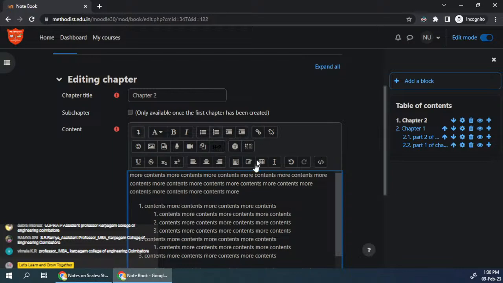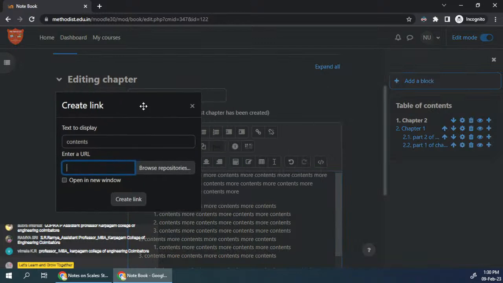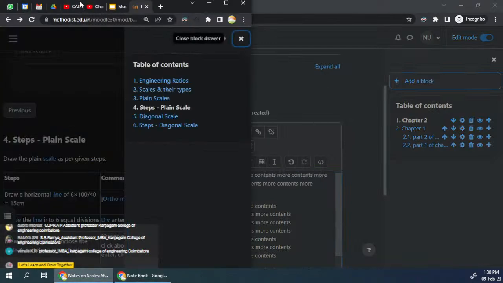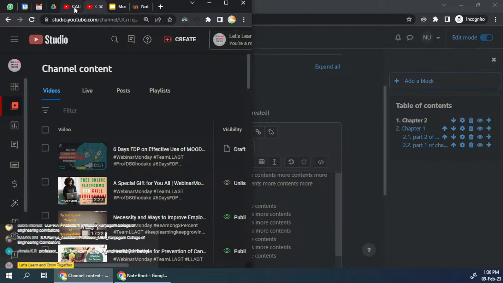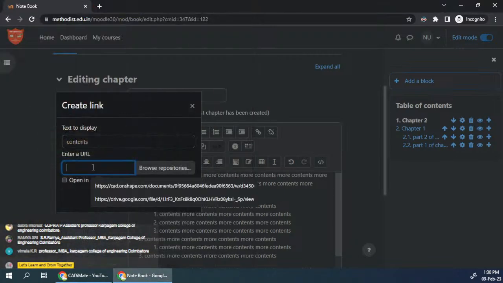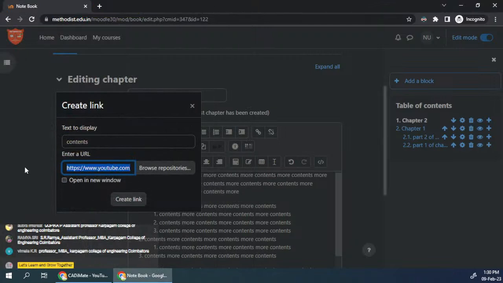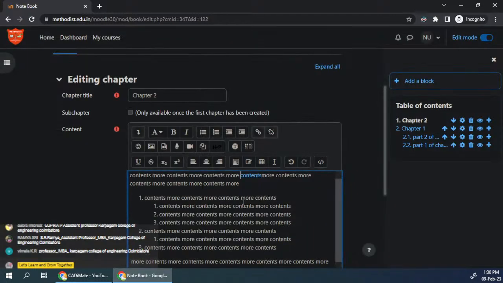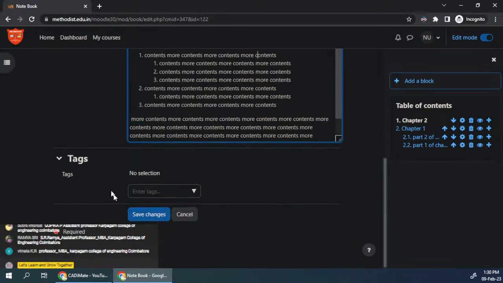If you want to link a particular word or something to some other place, I can click on the link, and let's say I want to link it to my YouTube site. You just copy the link of the YouTube site and paste it over here. So this is the text to display, and this is the link where it will carry me when I'm clicking on this. If you want this to open in a new window, you can just click on this and click create link. Now you can see this has become a link, and when I click save